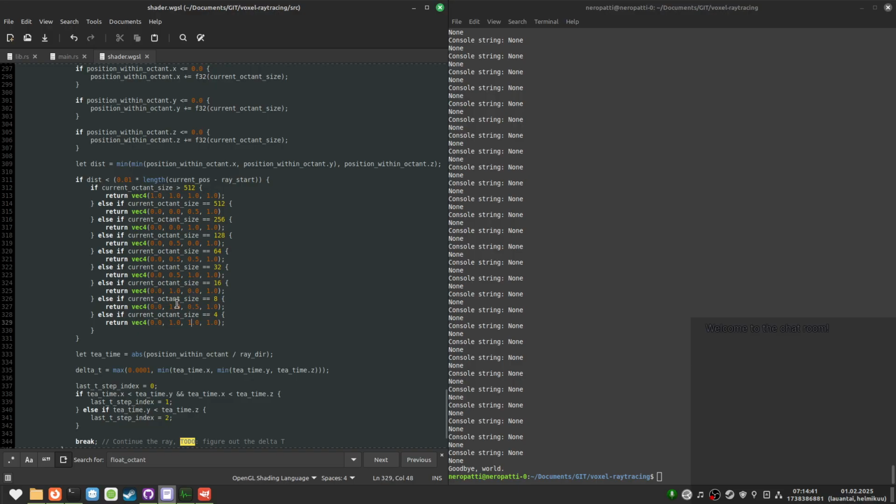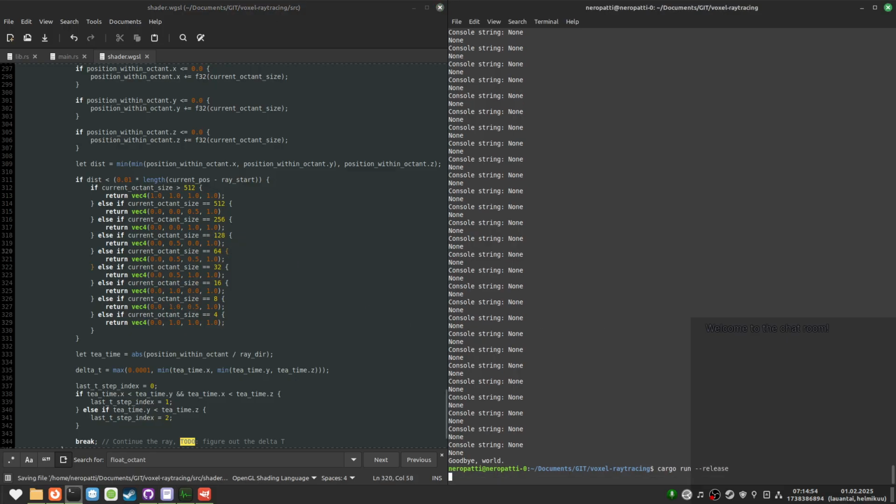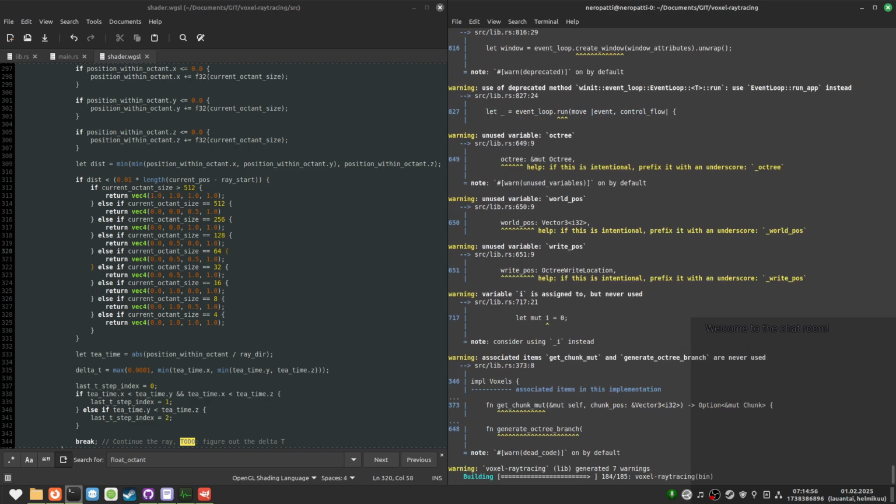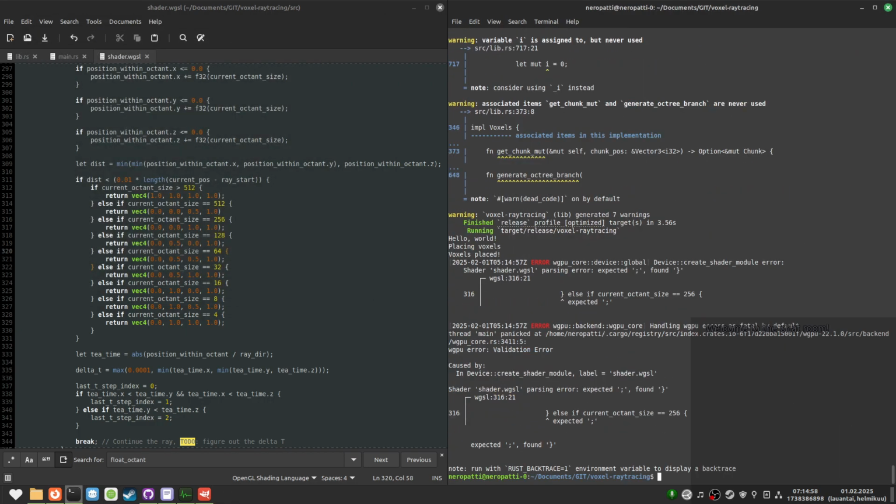I was just making sure there's no duplicates. I also said 0.1 instead of 1.0. Whatever. Should be fine. We should have a unique color for each one. I don't know how recognizable the colors are, but we'll see.